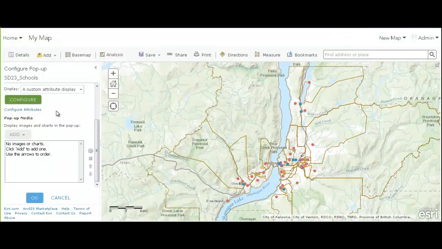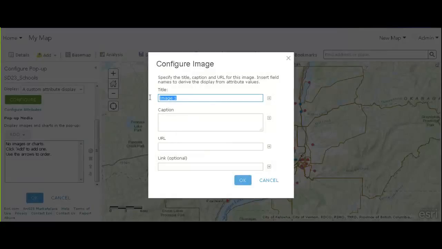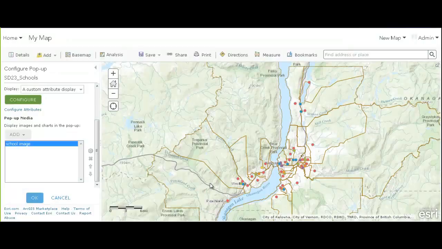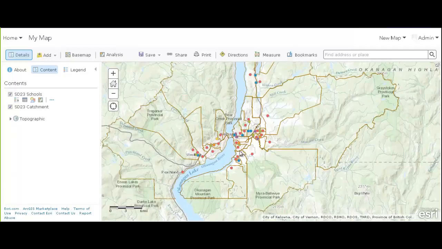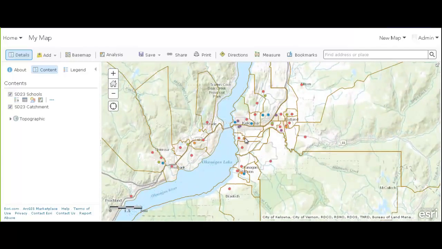So that's some attribute information. I'm also going to add, I know that in my data I have the ability to bring in images within the attributes. So the URL, I click to it. And I also want to include a website link. And this is all in the Excel spreadsheet. I click OK. So now when I zoom in, for example, and click on one of these schools,